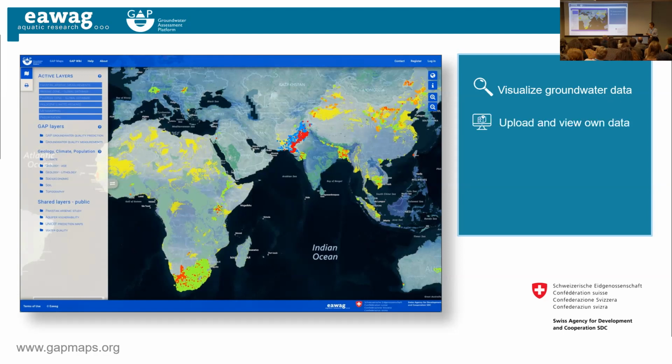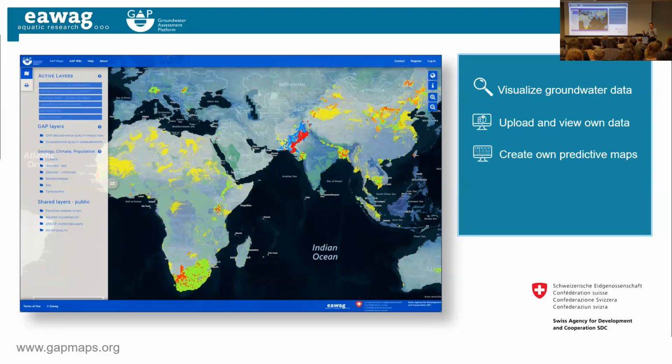But you can also upload your own data to the site. You create an account on the site and you can upload your own data and even create a similar map. So we have a kind of simplified process on there where you could import your own data. We have some of the same predictor variables that we've used in these other studies on the site. You can bring it all in and you can create a model.